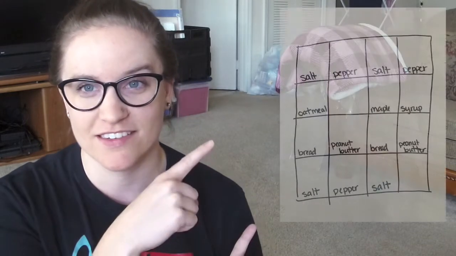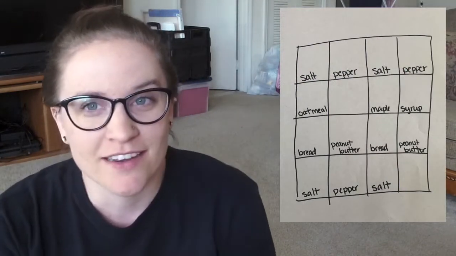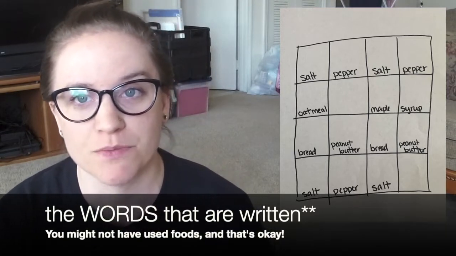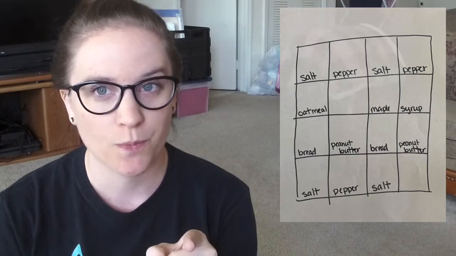So now I have a paper that looks like this. It's a bunch of squares, and inside each square there's food written. Now the foods that are written should match the music notes that you know. So if you're in kindergarten, you know ta. That has 1 sound. Each word inside the square should have 1 sound so that you can match it with